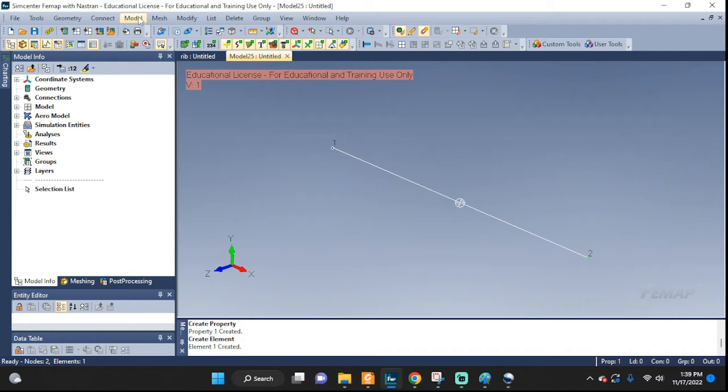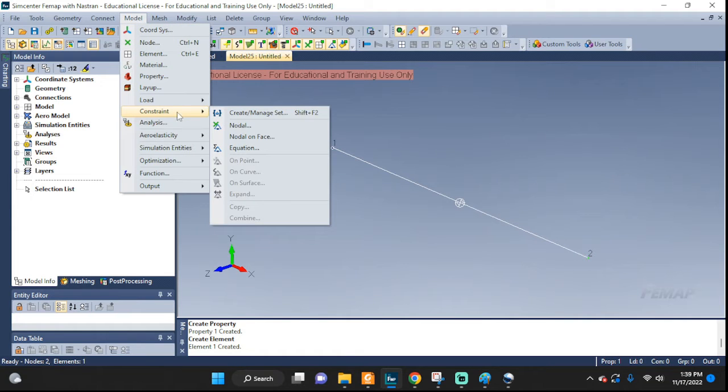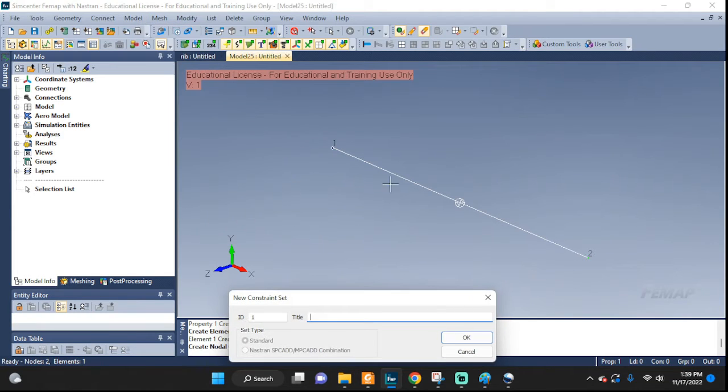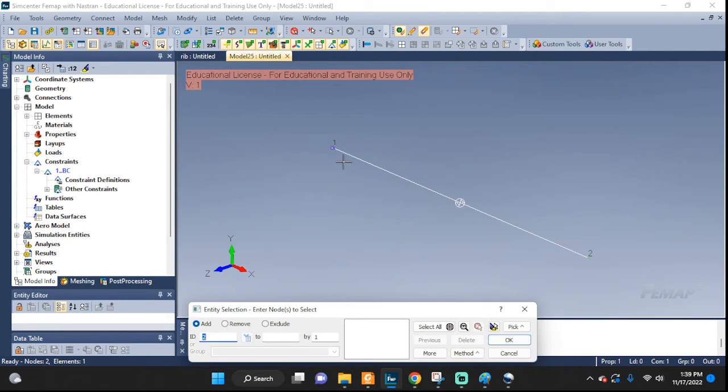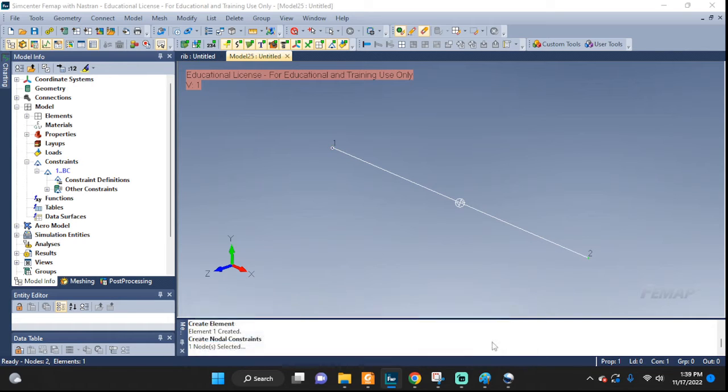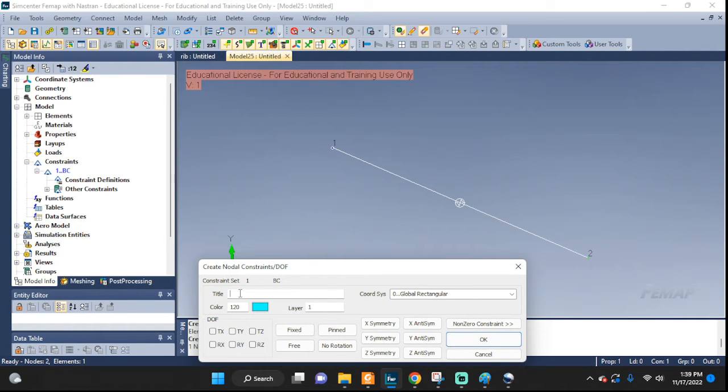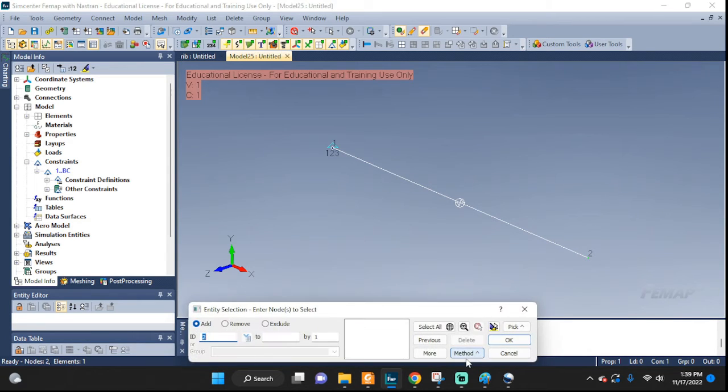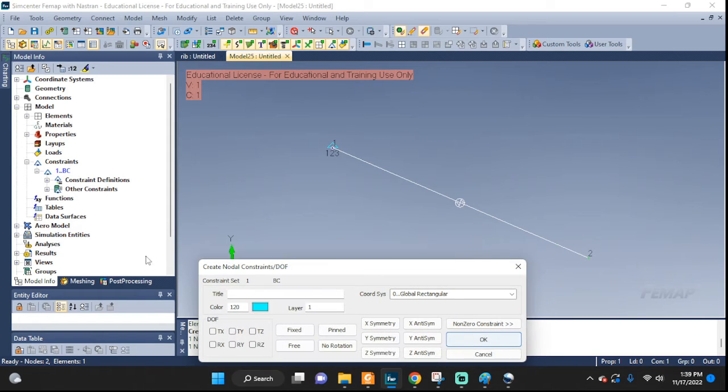So we're gonna go to Model, Constraint, and Nodal. Right here, we're gonna name it BC for boundary conditions, and on the left hand side, we're gonna put a pin. Let's see, left side. We're gonna put a pin on the left hand side. That means this and this are zeroed out. Click OK. On the right hand side, we're gonna put